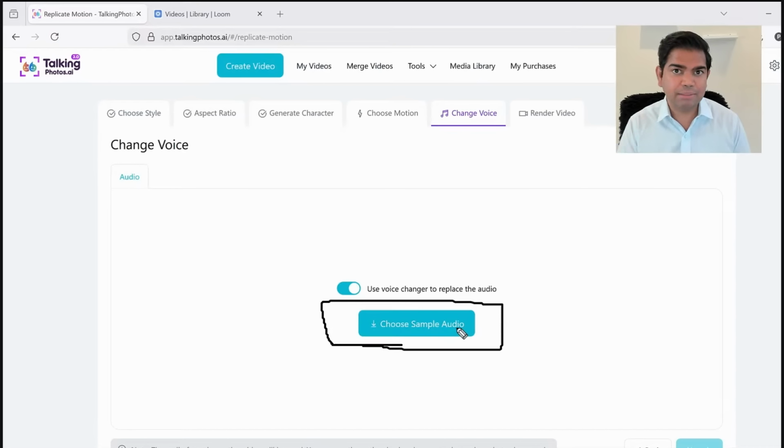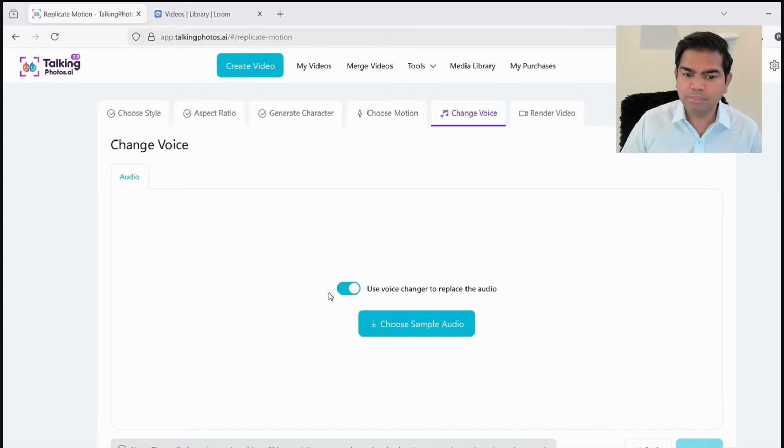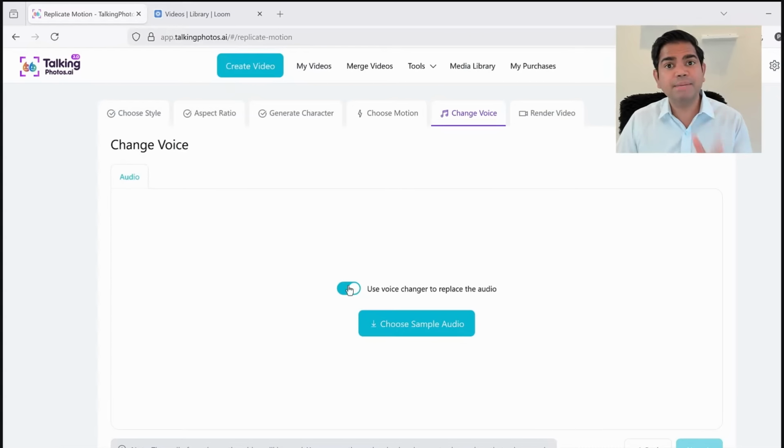It's going to change it to sound like me. If I want to give it another voice, somebody else who's older, younger, whatever, I would give that as a sample audio. You just have to give a few seconds and it will basically replace it, and it'll keep the timeline and everything